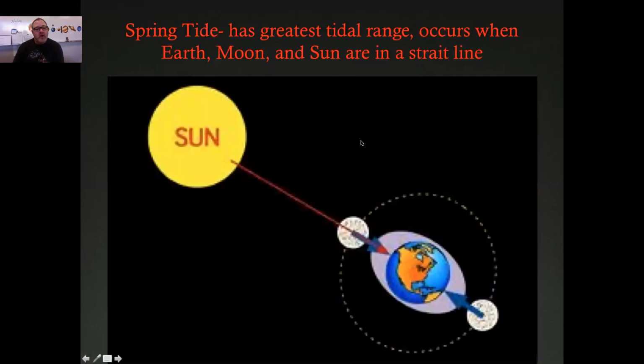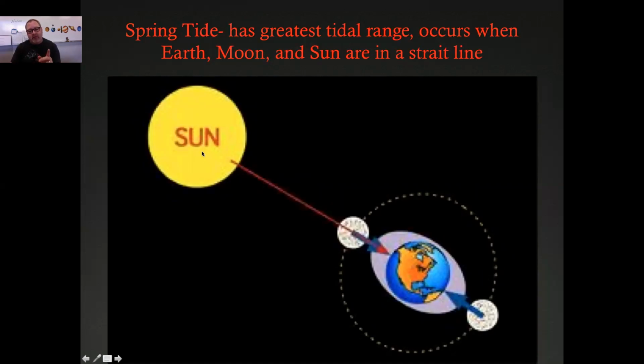Okay, so there's a couple different tides that occur. A spring tide is the first one. It is the tide that has the greatest tidal range. Okay, so recall, tidal range is high tide to low tide, and the distance, or how much space or length, or however you want to think about it, you know, water depth, just get it in your head somehow. Okay, that has the greatest tidal range, and the reason it does is because as the sun